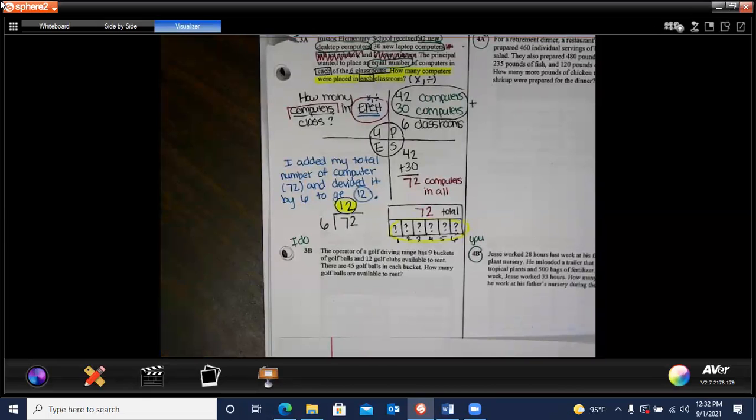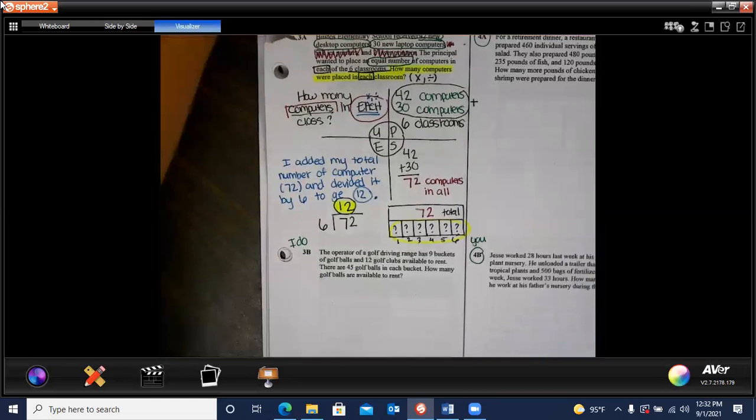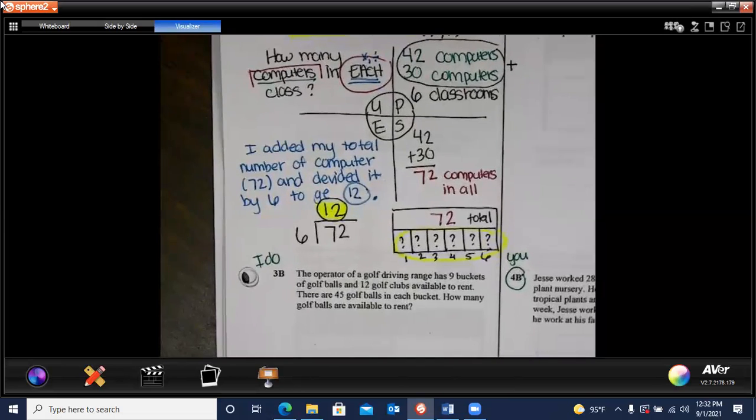The operation of a golf driving range has 9 buckets of golf balls and 12 golf clubs available to rent. There are 45 golf balls in each bucket. How many golf balls are available